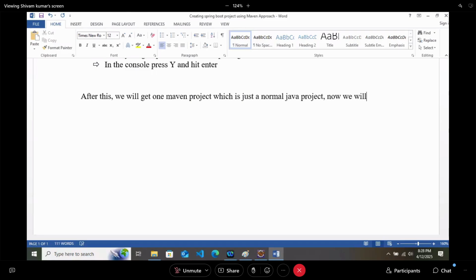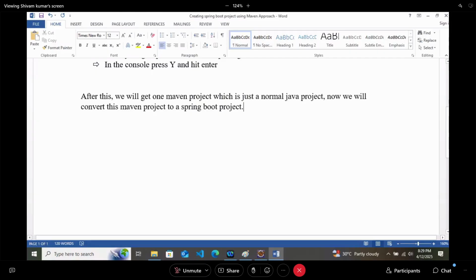Now we will convert this Maven project to a Spring Boot project. Okay, I have one small question. If you remember the task topic, for converting a Maven project to core Spring, what we were doing? Adding the dependency of Spring Core. Now I am saying that I will convert it to Spring Boot, because if we converted our project to Spring Boot, Spring Core also will come. Then what is the dependency of Spring Boot?